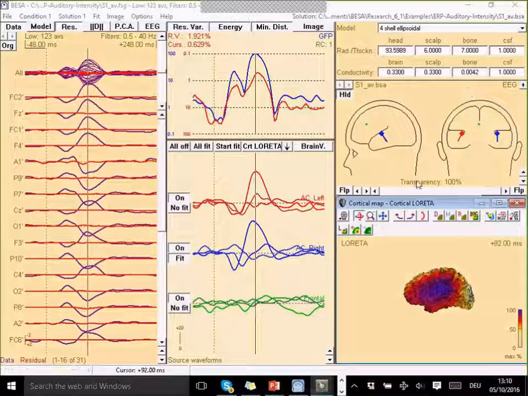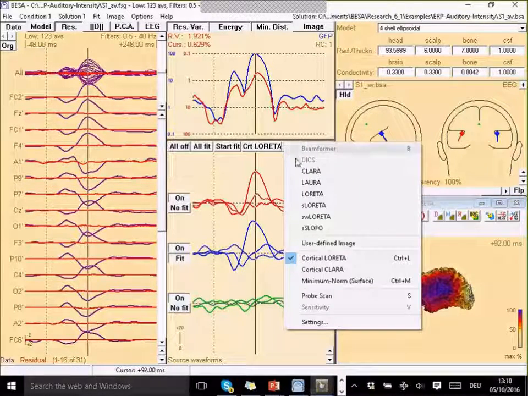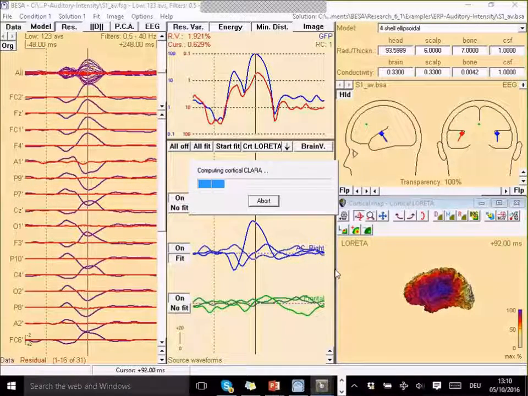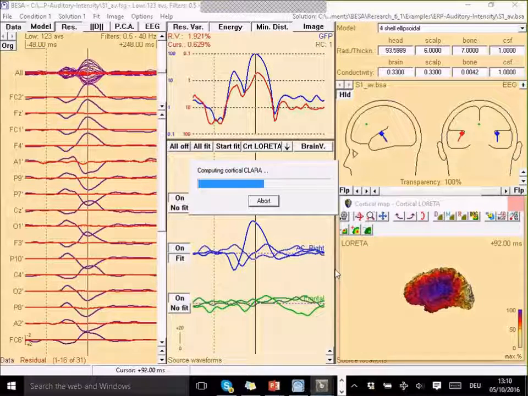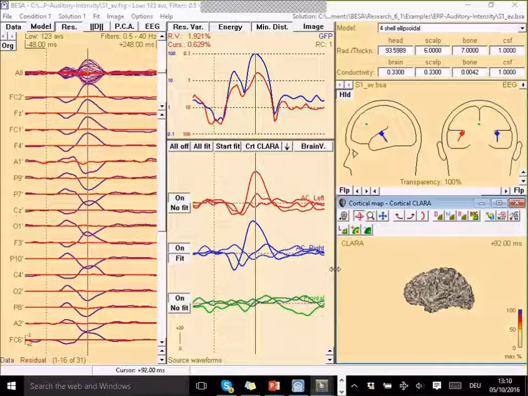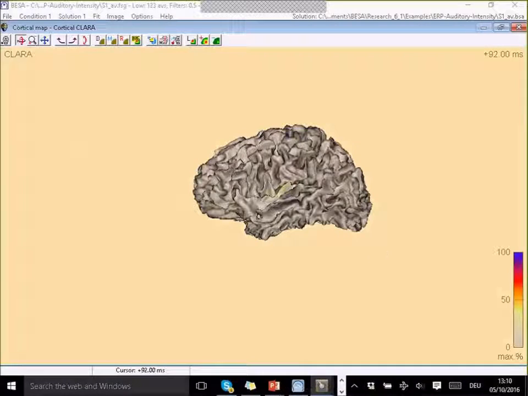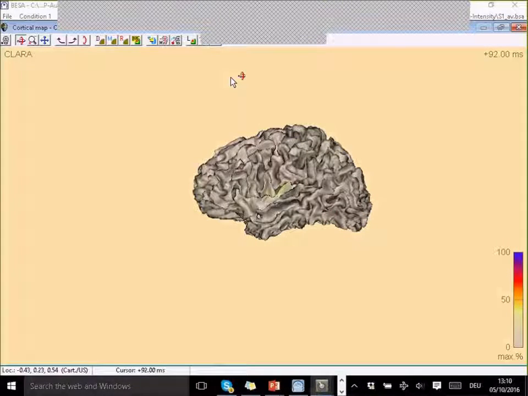One thing we would like to achieve is to get a more focal solution, and this is where the cortical CLARA comes into place. Again, our in-house method. Cortical CLARA is the iterative application of LORETA, and after each step we get a reduction of the source space to get a more focal solution. And we also wait for the next image with the results of the previous image, and the result here is different. I need to scale it up a bit,